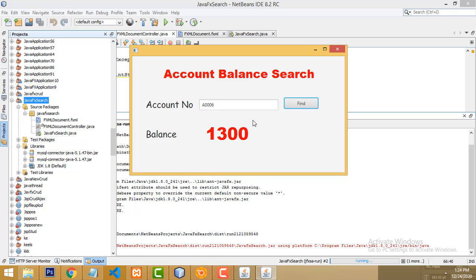Right? It's a very simple system. The search part I have done in JavaFX. You must learn while you are making the system. If you get any errors or doubts, you can ask me anytime.